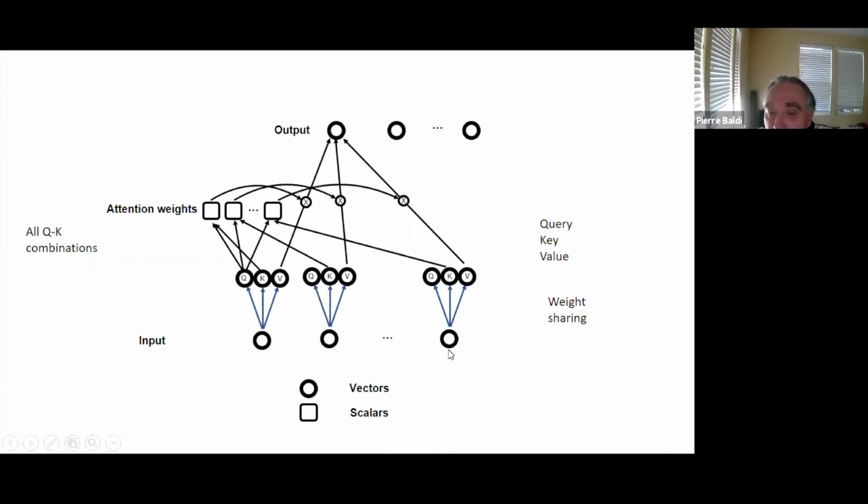So imagine an encoder module is represented here. In the input, let's say these are words of a sentence that have been transformed into vectors by something like word2vec or something more sophisticated. But basically, you have vector inputs here, and you have a sequence of such vectors. And you have a first network here that is shared at every position, the blue arrows, that converts this vector into 3 vectors that are called the query, the key, and the value. But these are just names. You get 3 vectors here, 3 vectors here, etc., all produced by the same mechanism. You have weight sharing. In fact, it's even a linear network in many cases, right? So far, no big deal.